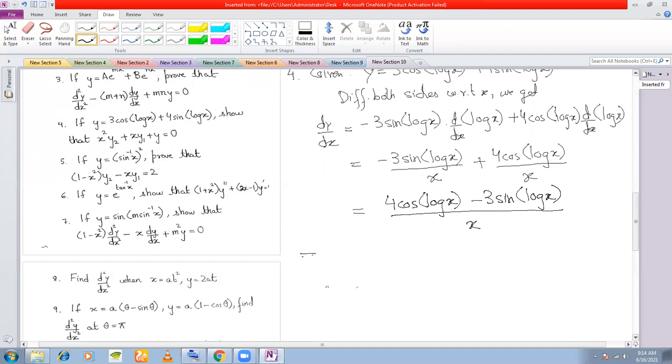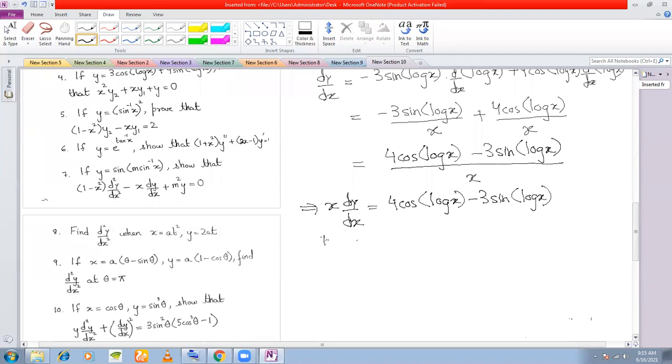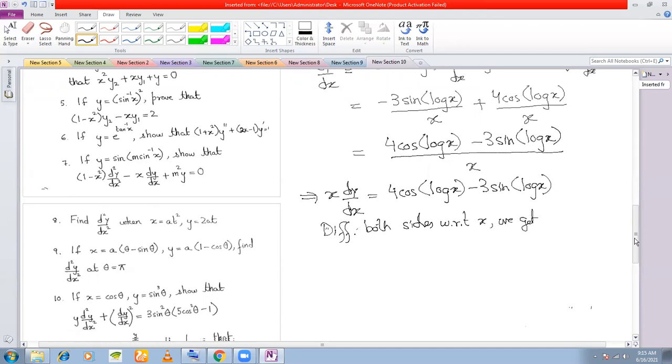Now if you cross multiply, you will get x dy/dx. This is the main technique here. x dy/dx, you are getting 4 cos log x minus 3 sine log x. Now once you get x dy/dx, you differentiate both sides again with respect to x, and we'll use the concept of implicit functions. Differentiating both sides with respect to x, we get